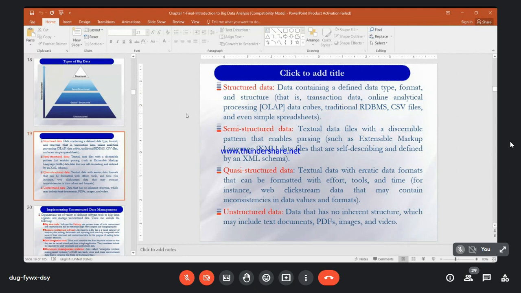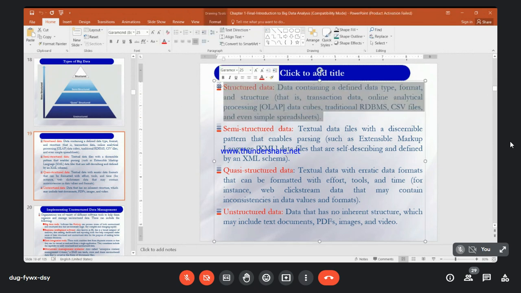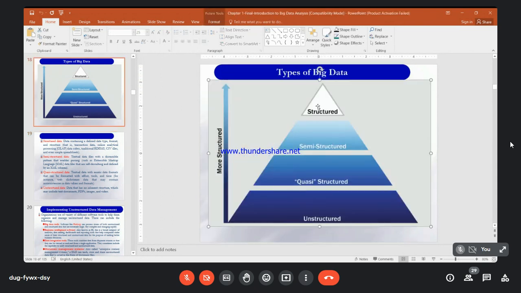So if you take the majority of the experts, they use the structured data, but unfortunately the data size for structured is too small. Structured data is too small. Unstructured data is too huge, as you see from the bottom side. So we have to focus on that unstructured data.